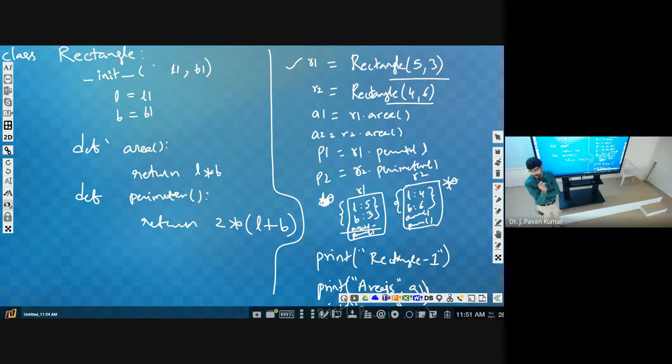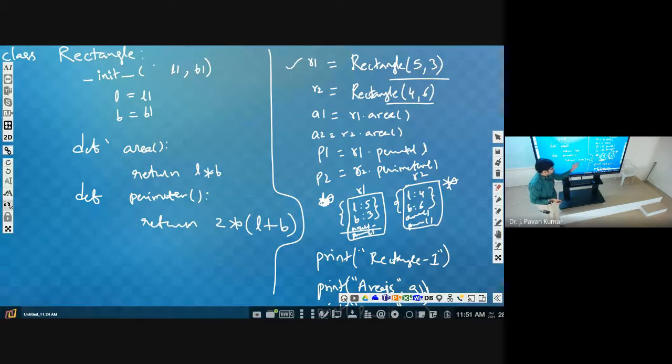What is L1 and B1? What is L1? Parameter. What is B1? Parameter. We can have L2, B2 also as parameter names. In that case, L is equal to L2, B is equal to B2. That's it. It is a format only. Whatever values we receive, for those we are giving some name. Those names we are using here to assign to L and B. We cannot vary L and B, isn't it?